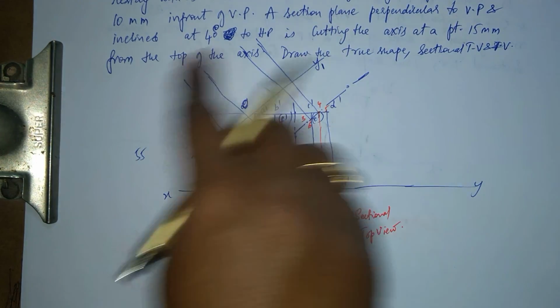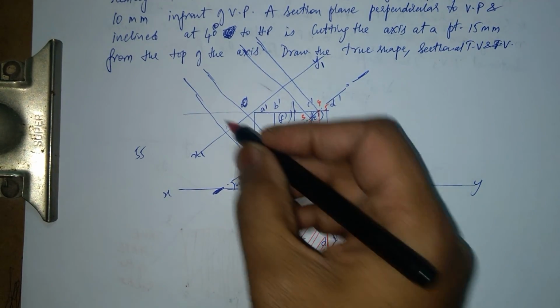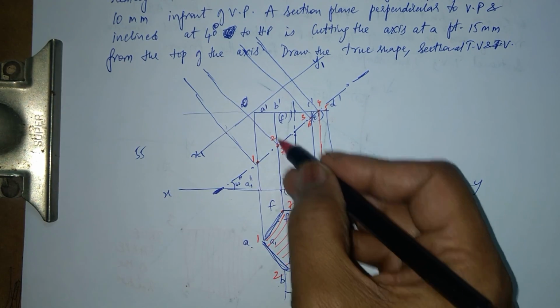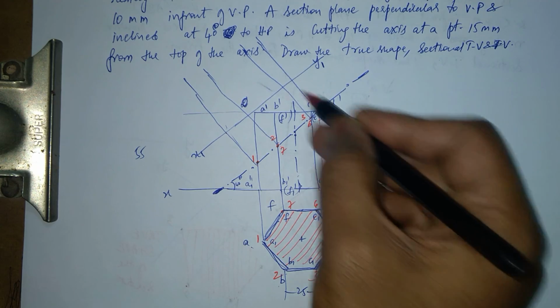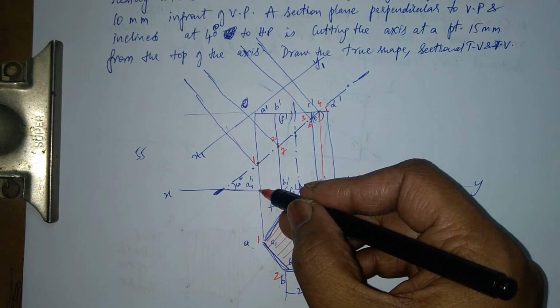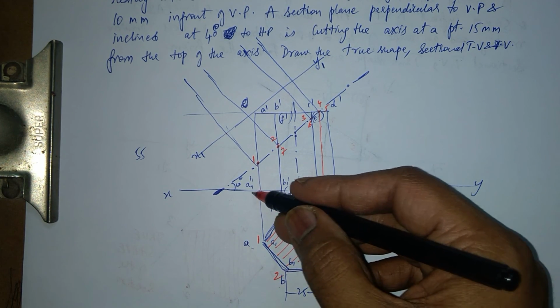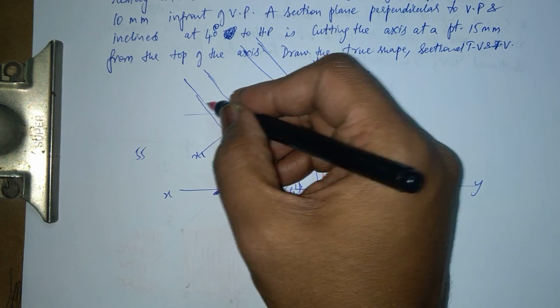Again, you guys have to plan this properly. Since you have a drawing sheet, you can plan the layout. Now how do I get the 1 point here? I know that 1 is on this line, and then 2 and 7 are on this line, 3 and 6 are on this line, and 4 and 5 are on this line. This is what I know. So now I'll have to measure from xy to 1. Whatever distance is there, that is what I'll measure here.